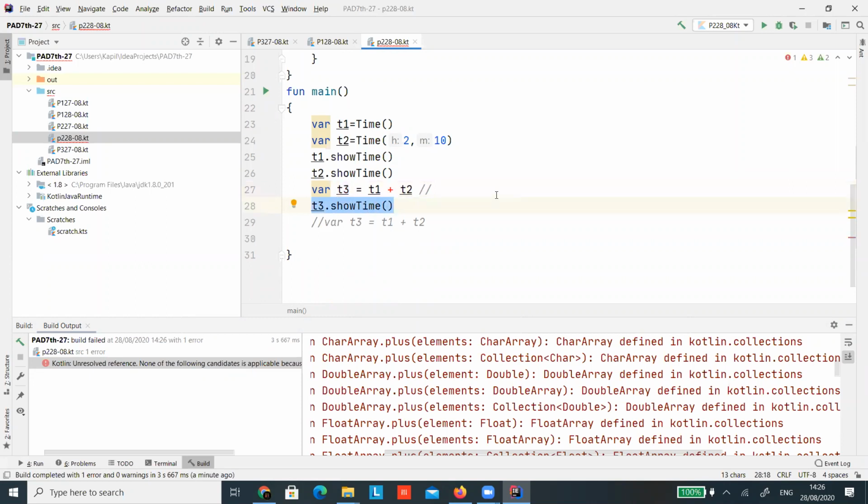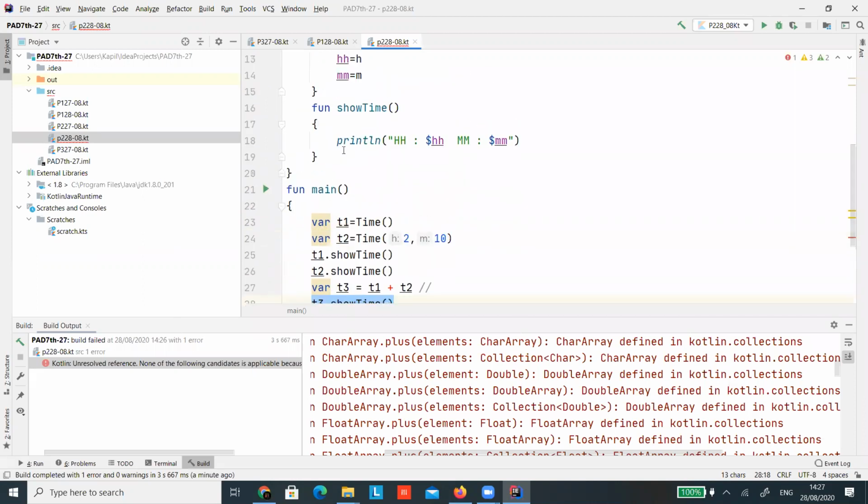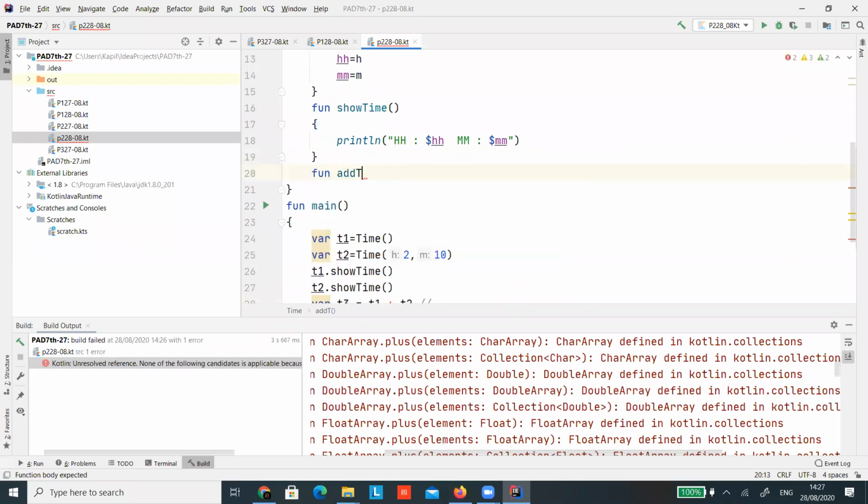So my simple question is, if I'm having two objects of any class, just forget this time, and I'm doing a plus of two objects, and it is not working, then by which fundamental can you do that? One way I'm showing you is simple: a function, add objects.